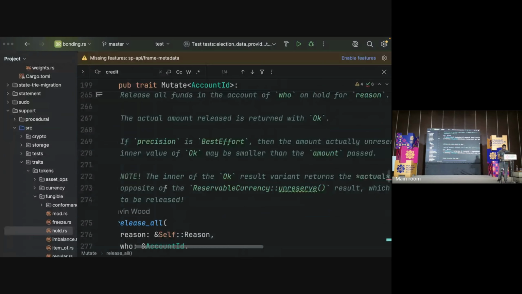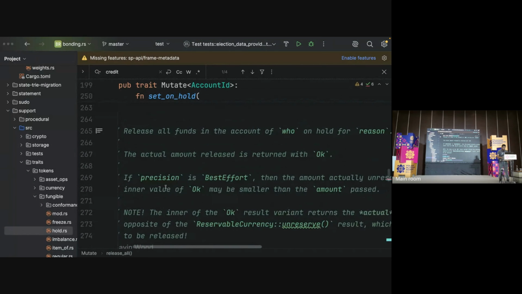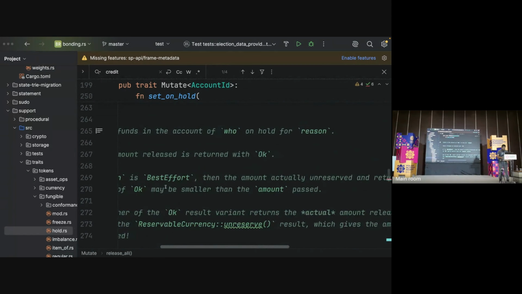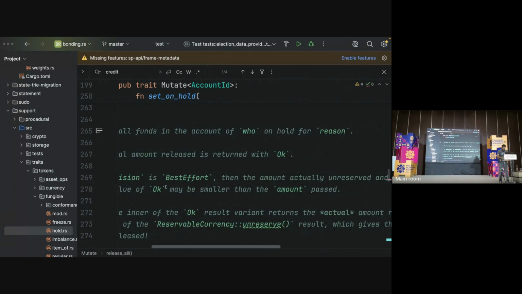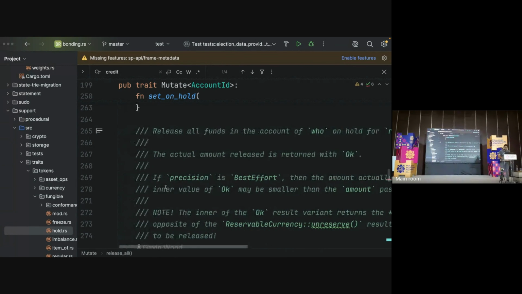And let's see this release all. So release all has a reason, who, and there's a precision. So what's precision? Let's look at the top. If precision is best effort, then the amount unreserved and returned as the inner value of OK may be smaller than the amount passed. So what it is saying is